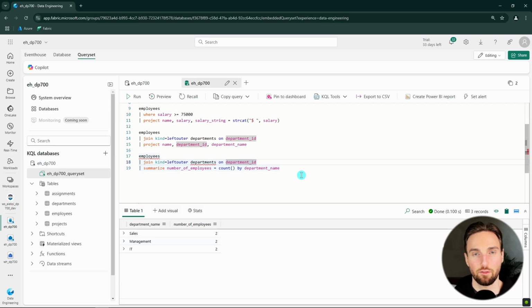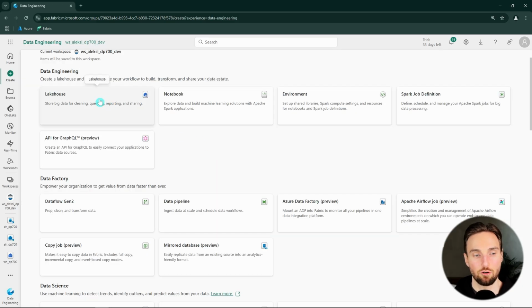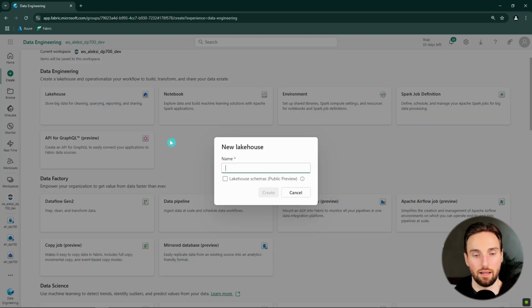Also the same thing here, that if you want to start practicing your KQL skills, you can use these tables that we uploaded here and use them to do different kinds of queries and try out these different KQL operators to really understand them and to be able to answer some questions in the DP-700 exam related to KQL syntax. Next, we want to create a lakehouse in this workspace, and we can select the lakehouse here,